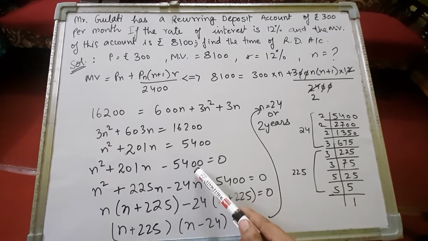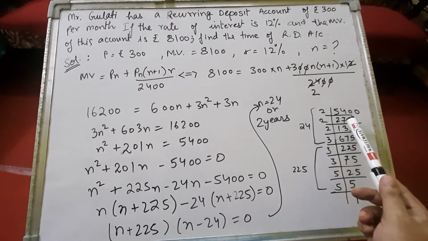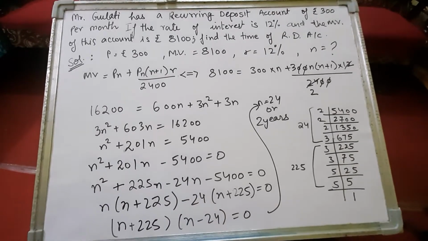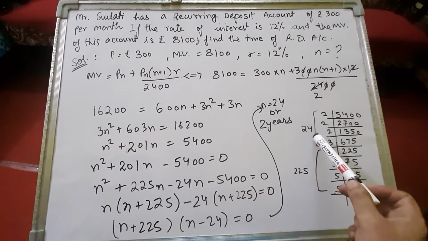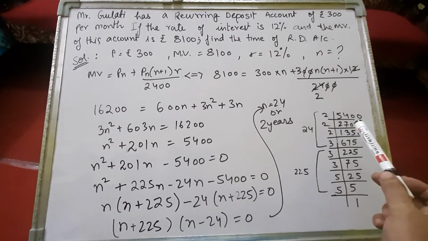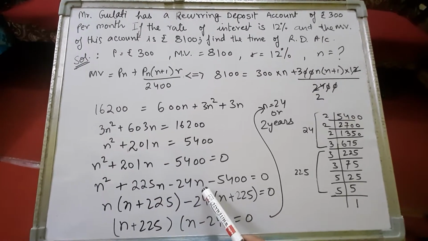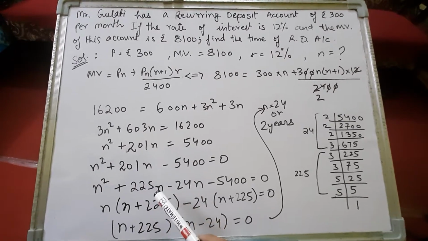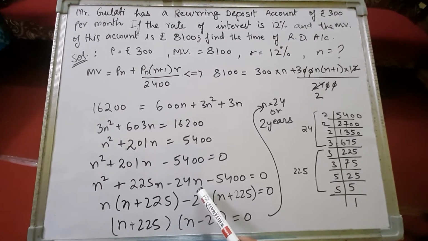Now the product of first and third term is minus 5400 n square. So what I've done is take the factors of 5400 so that we can split this 201 into two terms and factorize it. Right, children? So when we take out the factors, it will be 225 and 24. When we subtract these two terms, we'll get 201, and when we multiply, we'll get 5400. So we have to obtain a minus sign as the product. So it will be plus 225n minus 24n. Right? When you add, you'll get plus 201n. And when you multiply these two terms, you'll get minus 5400 n square.